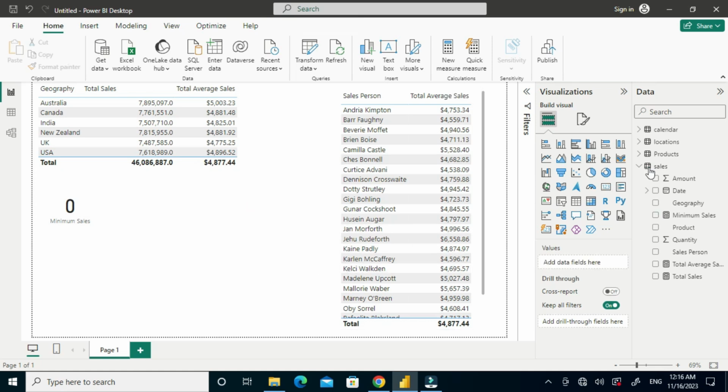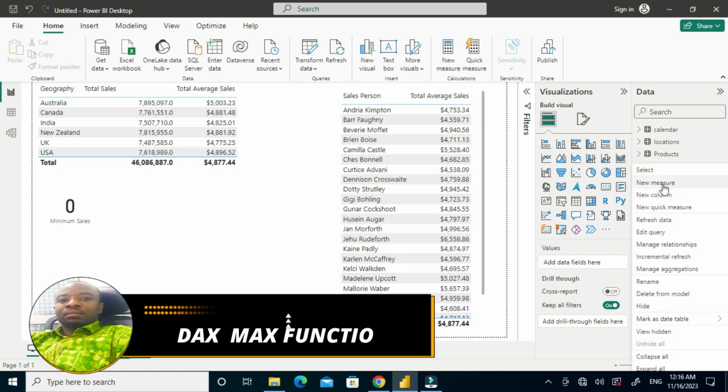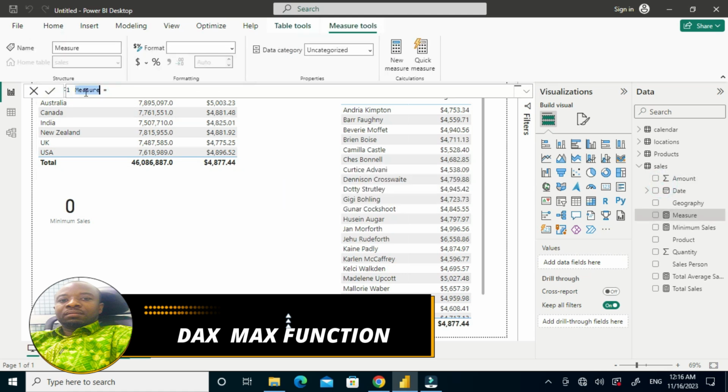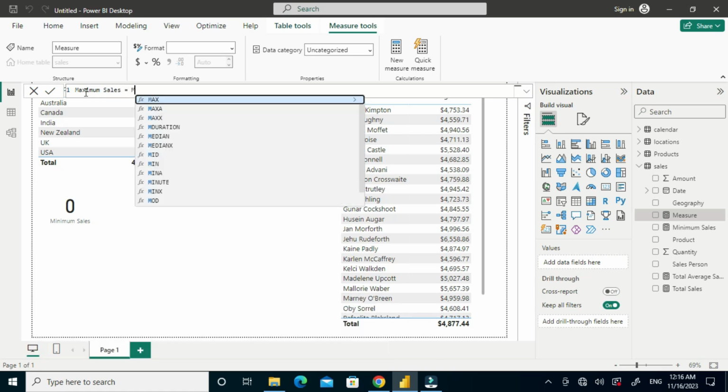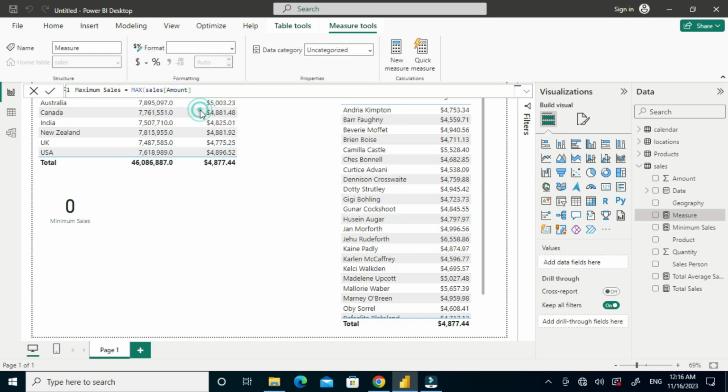Then the next measure that we're going to do is maximum sales. So I'll come to new measure again and enter maximum sales, which is equal to, I use the maximum or the max function followed by the sales amount. So this gives us